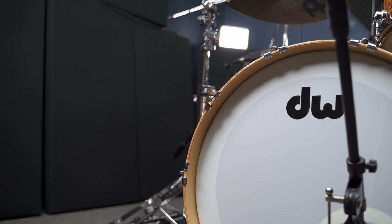And recently I've fixed most of the weird flutter issues and the worst echo problems by putting just a bunch of sound absorption panels all around the room, but I'm still kind of struggling to get an interesting room sound. The overheads and the close mics seem to be kind of tight and focused and what they need to be,